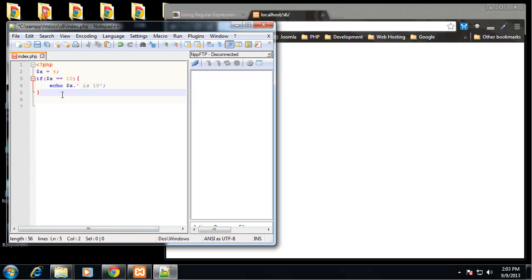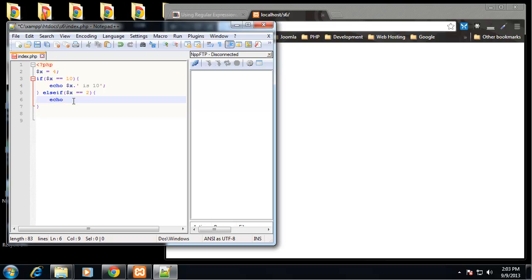Okay, so then we want to do an else if. Now in JavaScript, for some reason you have to have the else and the if split apart like this. In PHP you don't, and I've always just had it all in one word. So it's just preference. So we'll say else if x is equal to 2,